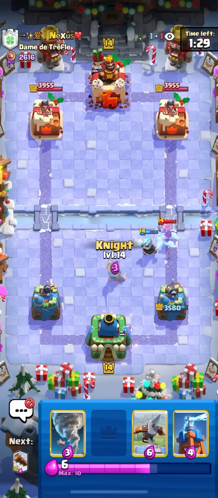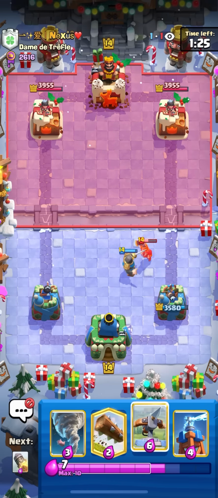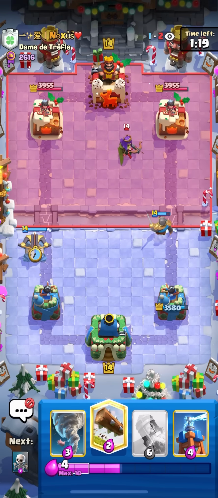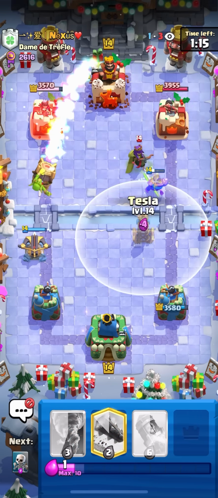But he does go for a NATO right there. Kind of interesting. Just going to go for a knight to tank for the rest of that Valkyrie. And then I think Expo on the left lane might not be a bad play. Did we actually get a log on? Yeah, he kind of had a bad...